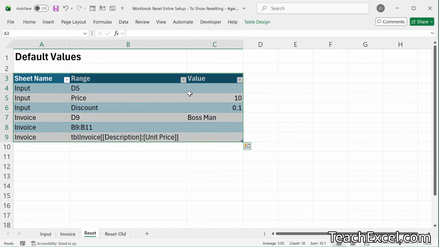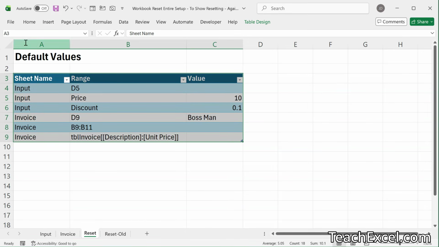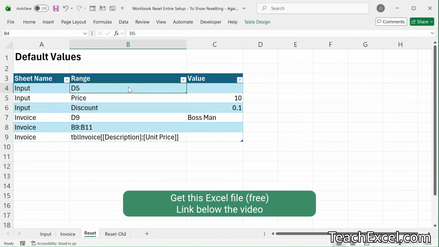Now we have a table, but let's change the name so it makes our life much easier. Go to Table Design and make it TBL Reset Values, then enter. Then we can escape out of here. Then what I want you to do is to download this workbook and hit Alt F11 to go to the